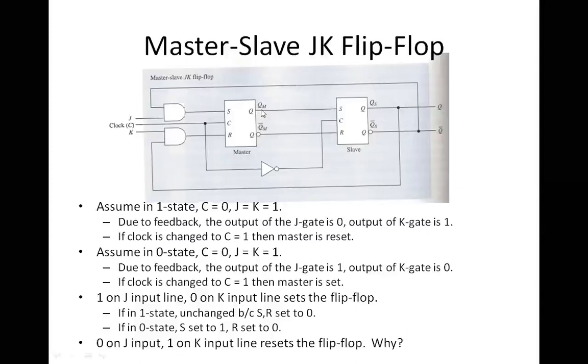Now, how can I say that I'm getting a 0 output? Whatever is the value of master is going to pass on to the slave in the next clock cycle, isn't it? Whatever the values are here in the master, those values are going to be passed to the slave. Is this true or false? Students, you're there with me? True, sir. Okay.